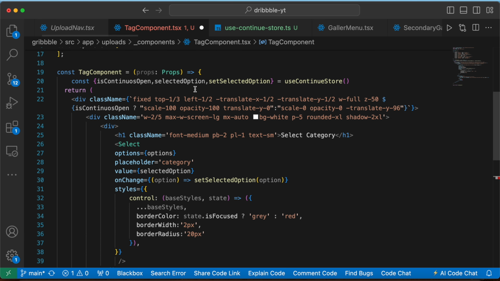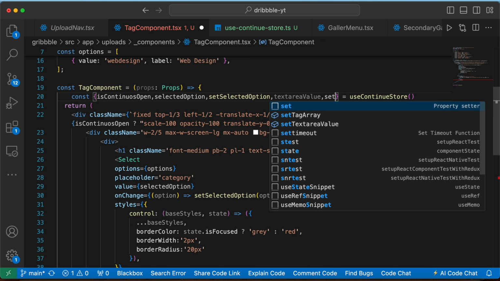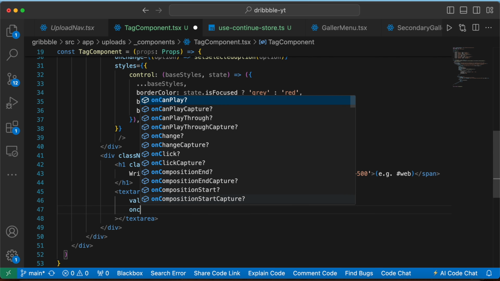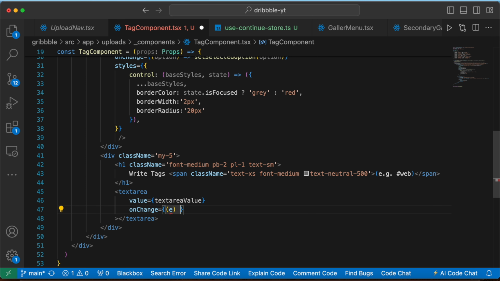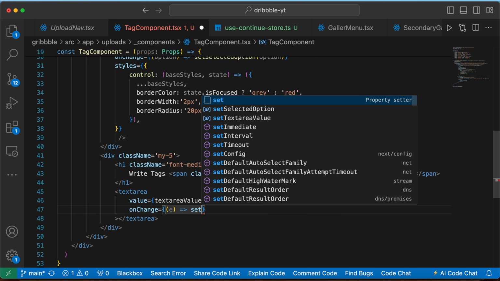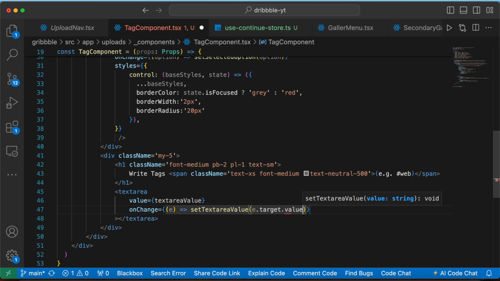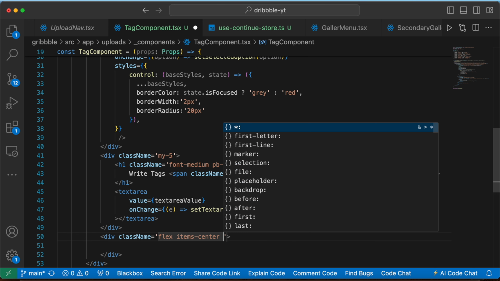So the value will be text area, so textAreaValue and setTextAreaValue. So let's go here, textAreaValue, and then we can write onChange, e, and setTextAreaValue(e.target.value). Okay, after that, below this div add one more div, give this a class name of flex items-center